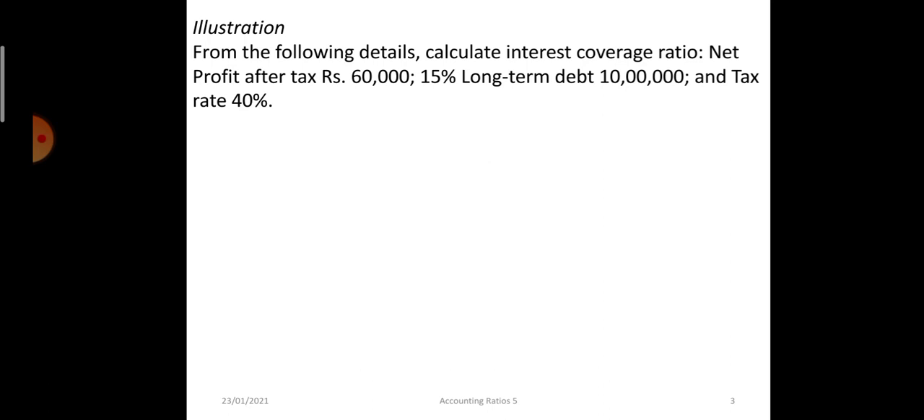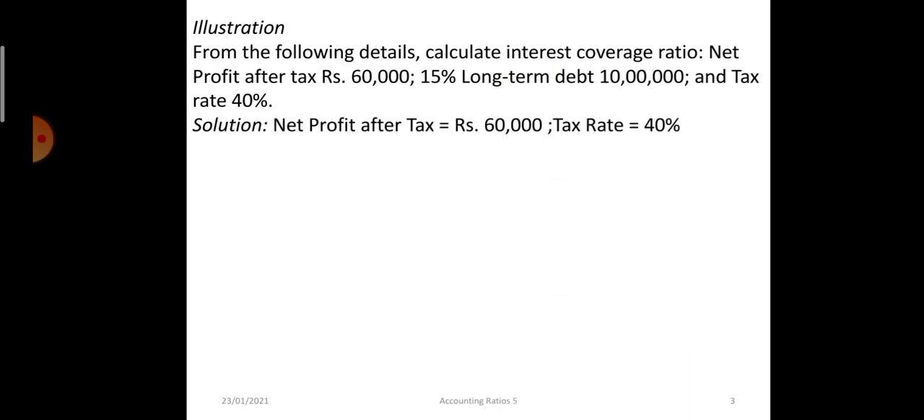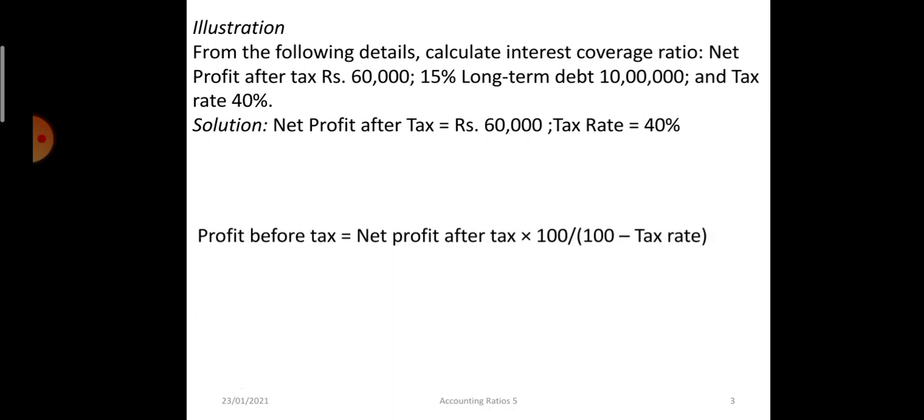Now let's take one question. See, the profit after tax is 60,000. So we will add the tax, and after that we will add the interest amount also to find out profit before interest and tax. After deducting 40%, profit is 60,000 rupees. We have to find out the profit before tax. Formula for that is